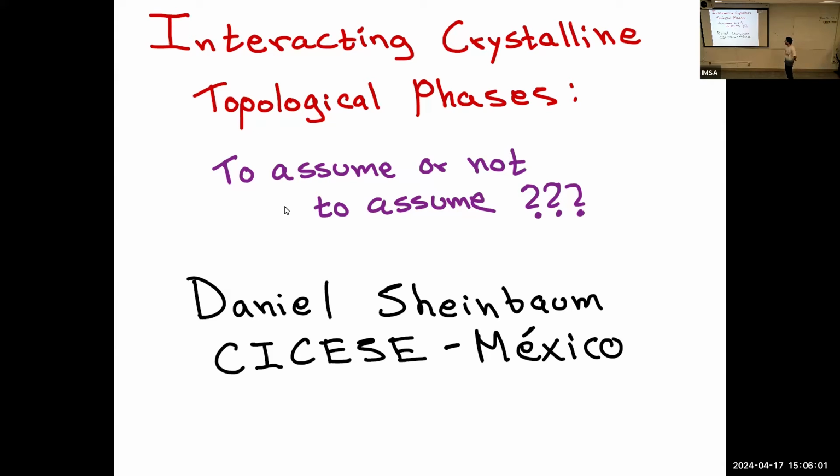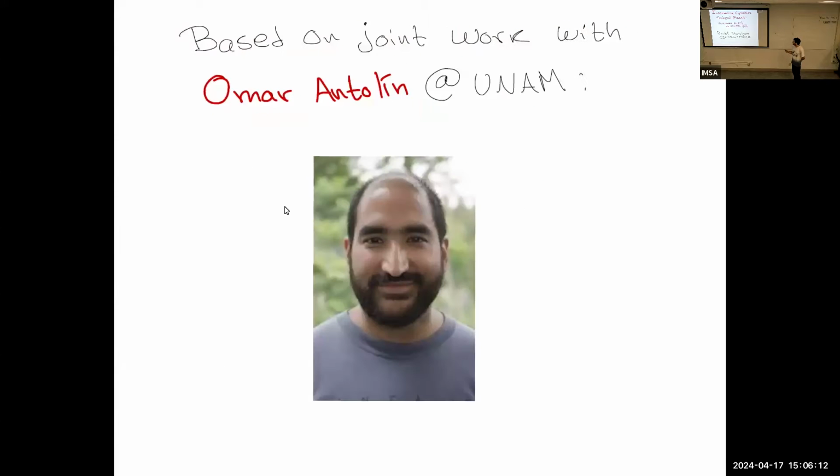So this talk will be, I think, very different in style from most of the talks you've seen. It will be, I guess, a bit more similar to Bernardo's talk. So I hope you enjoy it. This is based mostly on joint work with Omar Antolin, who's at UNAM in the Institute of Mathematics. It's by now a bit of old work, but it hasn't been picked up, so I'm sure it's going to be new for most of you. And it's more in line with the conference.